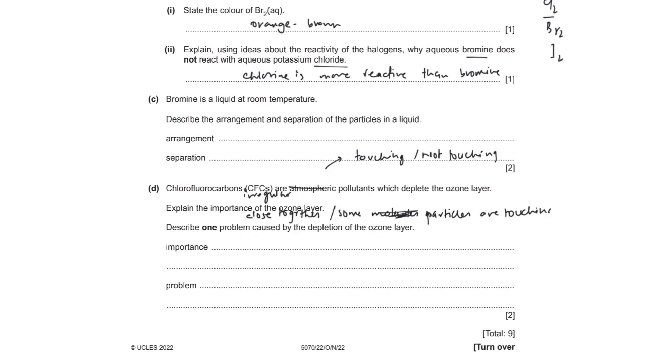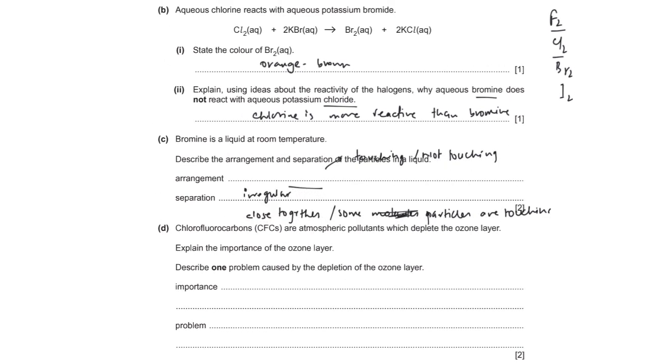In the D part, chlorofluorocarbons are atmospheric pollutants which deplete the ozone layer. Describe one problem caused by depletion of ozone layer. One problem. Okay, first, you have to explain the importance of ozone layer. Ozone layer blocks the ultraviolet radiations. Not exactly block, you will say it reduces the amount of